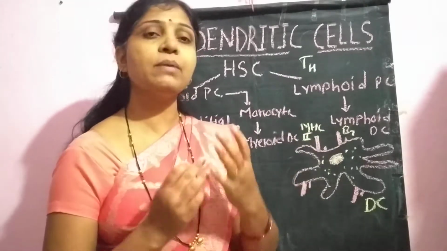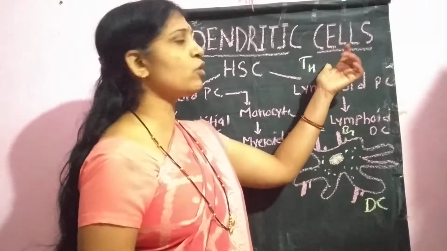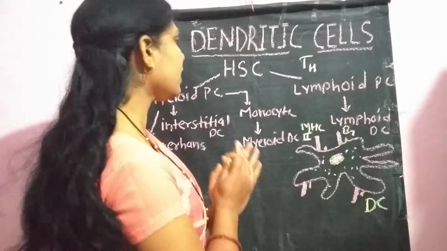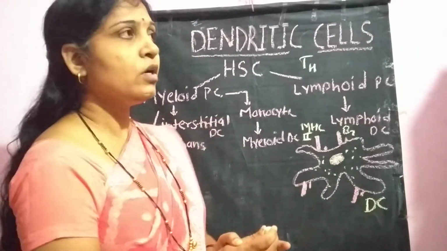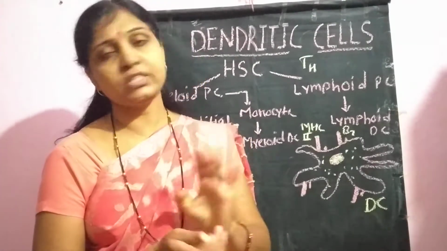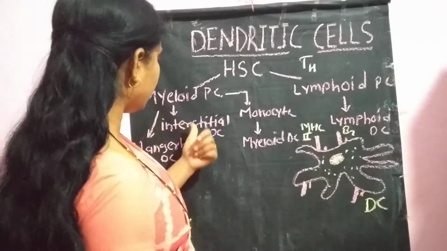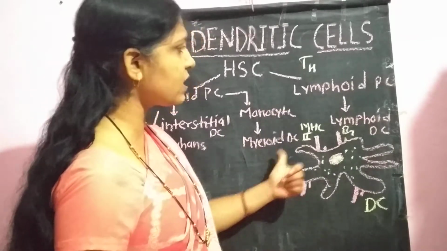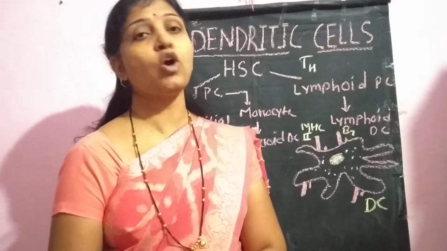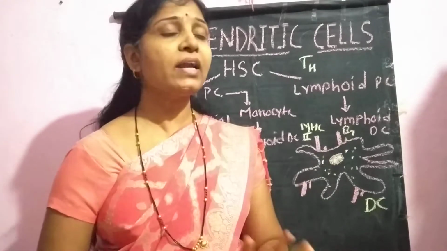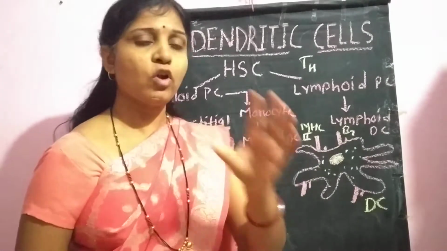And we know that these MHC class two molecules are responsible for presenting the antigens to the CD4 positive T helper cells. Now we are taking into consideration how these dendritic cells are developed or formed. There are four main types of dendritic cells: the Langerhans cells, interdigitating cells, then the interstitial dendritic cells, myeloid dendritic cells, and the lymphoid dendritic cells. Another population of dendritic cells is called the follicular dendritic cells, but these can't act as antigen presenting cells. Later on we will discuss the function of these follicular dendritic cells.